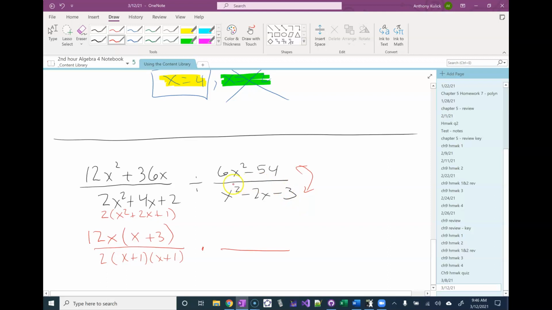And then I'm going to factor the 6x squared minus 54. I notice there's a greatest common factor of 6 there. And then the x squared minus 9 is a difference of 2 squares, minus 3, x plus 3. And I went ahead and wrote that in the denominator, remember, because we're flipping at the